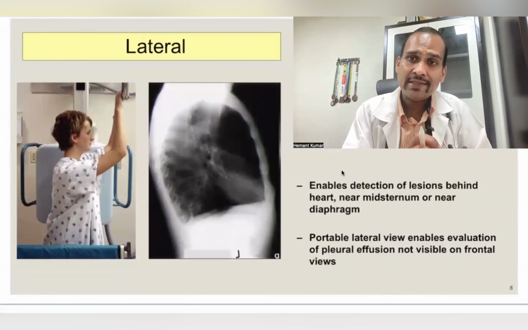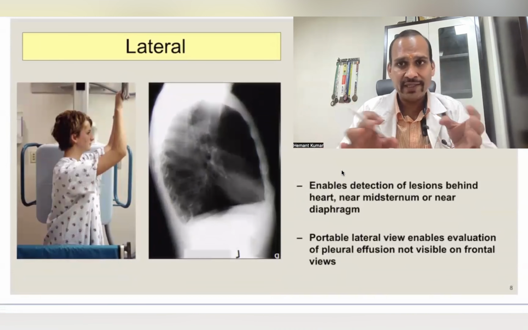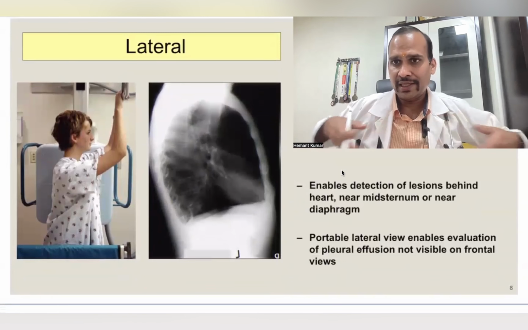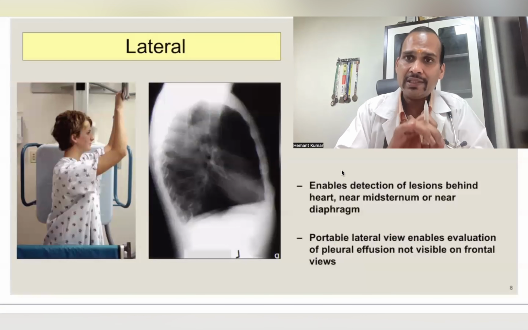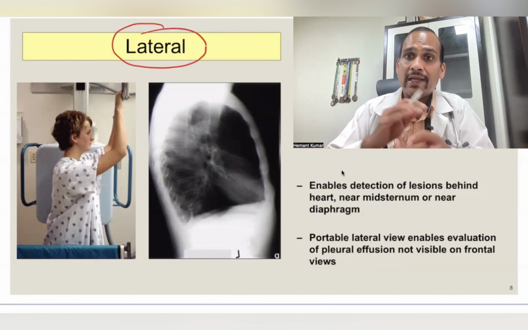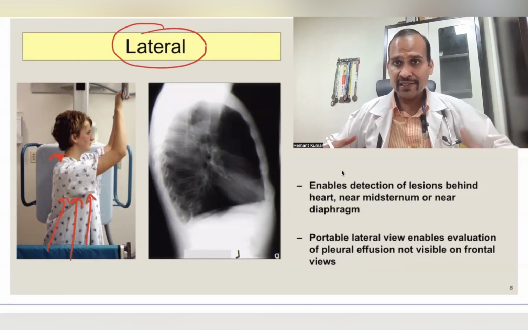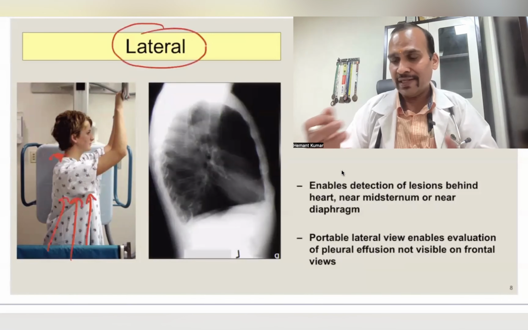So X-ray is a 2D structure. If you remember, 3D means we can see all three dimensions, meaning anterior, posterior and lateral. But chest X-ray PA view is two-dimensional. If we want to see the 3D structure, then we have to get a lateral X-ray. How to take a lateral X-ray? The plate is on one lateral side and the X-ray tube is on the other lateral side. So radiation is passing from one lateral side to the other lateral side. So what we can see is the lateral X-ray.